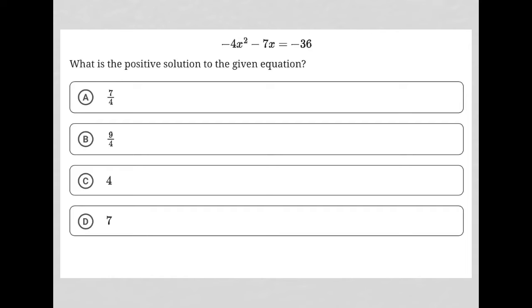So this question provides us with this equation here. I'm going to restructure this equation by adding 36 to both sides, just so I have it set equal to 0. So let's say negative 4x squared minus 7x plus 36 equals 0. And I'm going to remember that this is in the format of a quadratic equation, ax squared plus bx plus c, and therefore know that a is negative 4, b is negative 7, and c is positive 36,